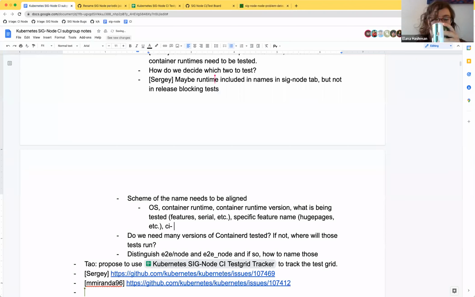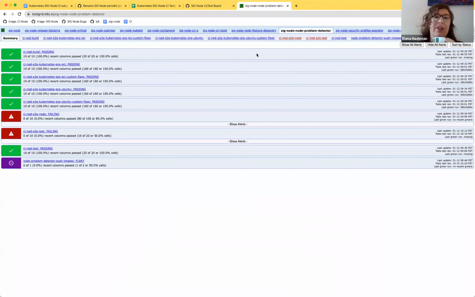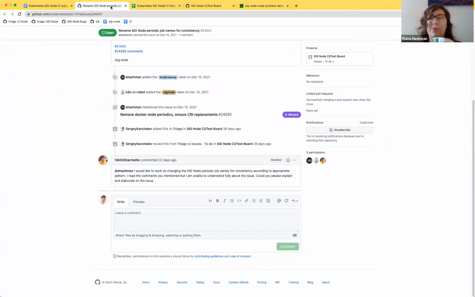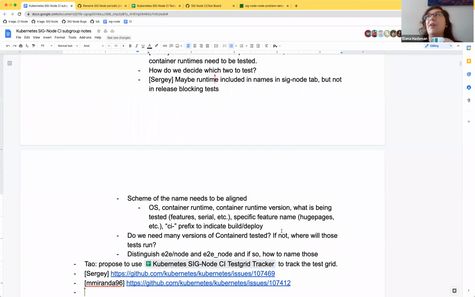So I see a CI prefix on some tests, which indicates that it's built. Some of them might just be a display thing. I think that we typically use CI dash in the actual spec. When we set up a periodic job, we normally prefix them CI for periodics, and then pull or PR sometimes for the pre-submits. But sometimes in TestGrid, we don't actually display that because it gets super long, so we'll rename the tab.